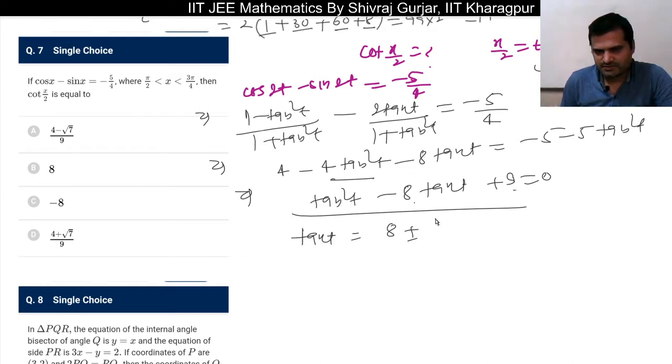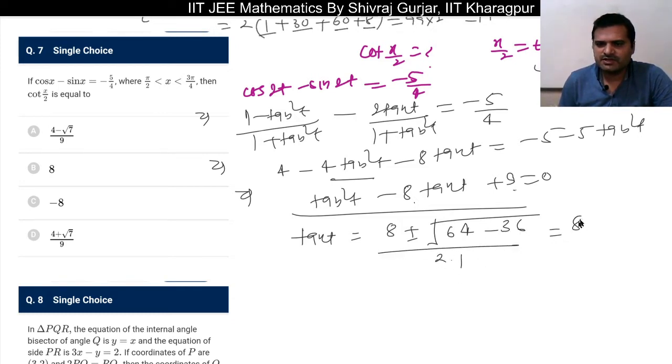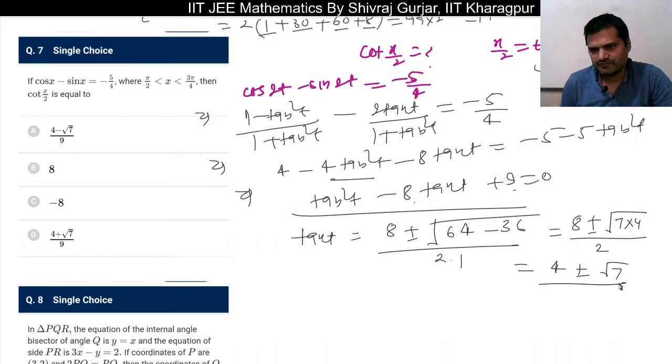Minus b plus minus root of b square minus 4ac upon 2a. So this is 8 plus minus root 28. 28 is nothing but 7 into 4, divided by 2. So this is 4 plus minus root 7. Okay, now